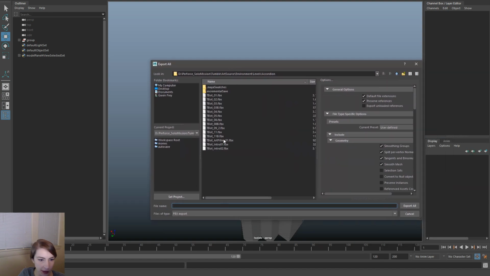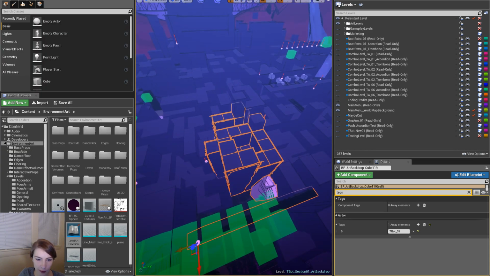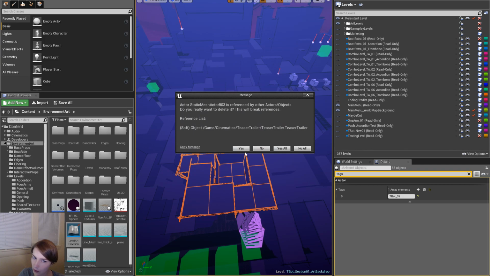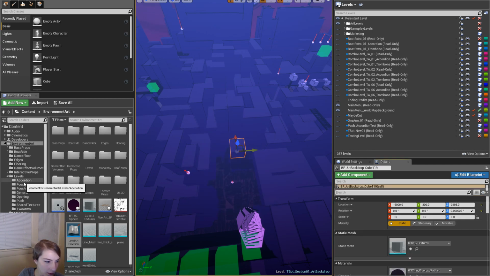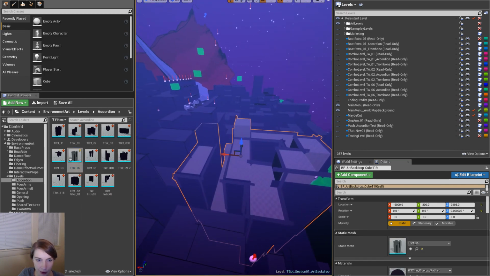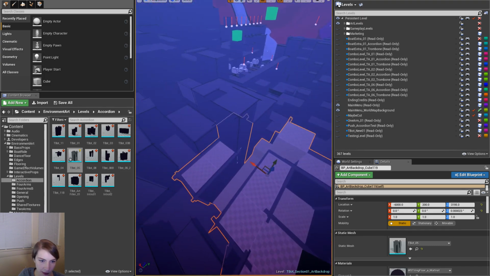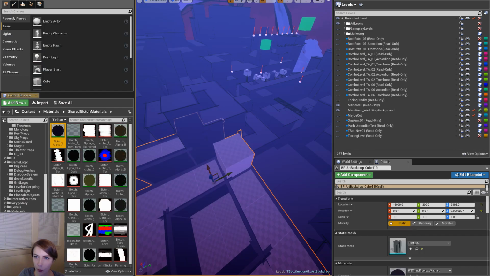Export teapot 5. Bring in not you or you, but the rest of you. Replace this with one stack mesh. Alright, I'm going to want to edit this one. But first,